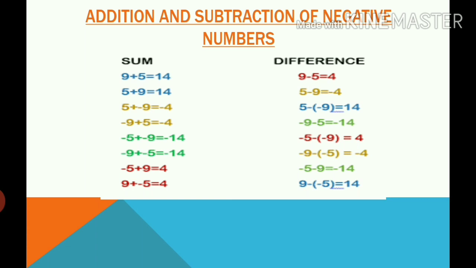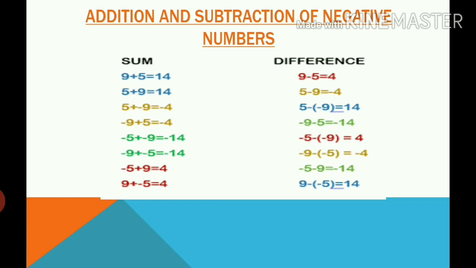Now minus 5 plus 9. Again, plus minus is minus. You will do the operation of subtraction. You will subtract 5 from 9 and you will get 4. You have to write the sign of the bigger number. So with the bigger number, with 9, it's plus sign. So you write plus sign with 4. It will become plus 4.